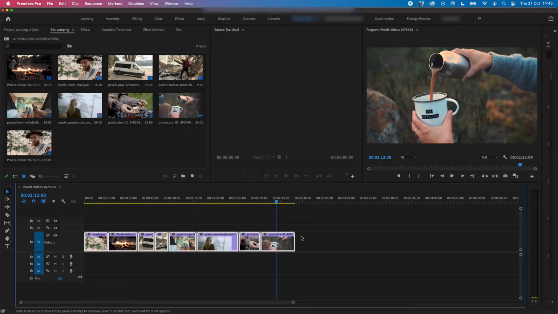And that's all there is to it, a nice easy trick that saves time when it comes to editing multicam